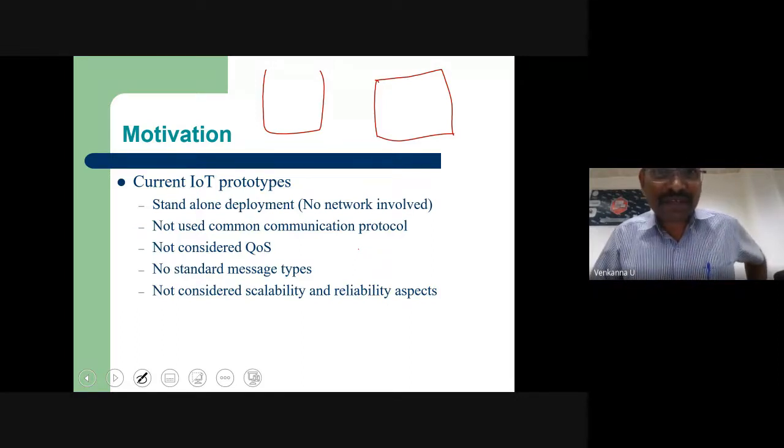Can anybody answer? What standard communication protocol is used in the internet for communication? Anyone? Does anyone have an answer? I hope most of you are faculty community and PG students. I hope you know.